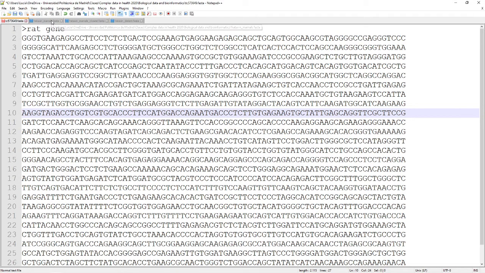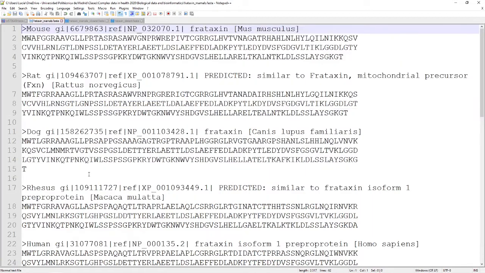Also, we can store different genes in the same FASTA, as I told you. For example, this would be the same protein, one protein that is codified, frataxin, that is involved in